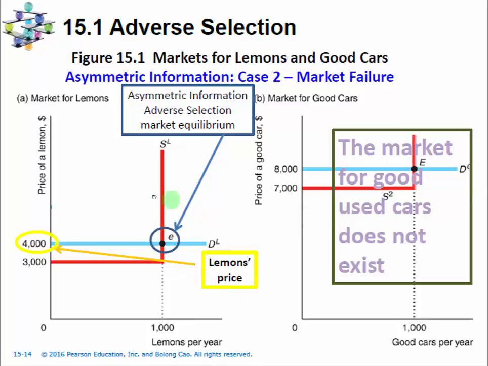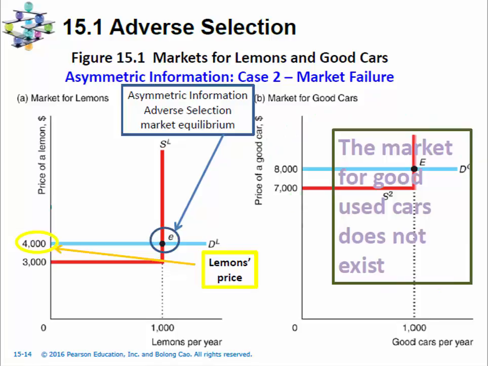In this market, there's only $1 million of total surplus left because the lemons are selling at $4,000 per car and the reservation price of the lemon owners is $3,000. So there is $1,000 total surplus per car, and there are 1,000 lemons sold per year, and the product is $1 million. That means we cannot realize another $1 million in total surplus for the good used car owners and buyers,